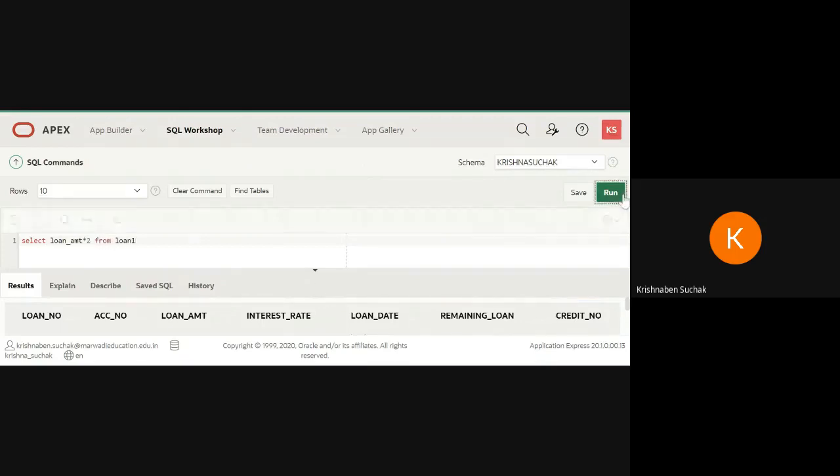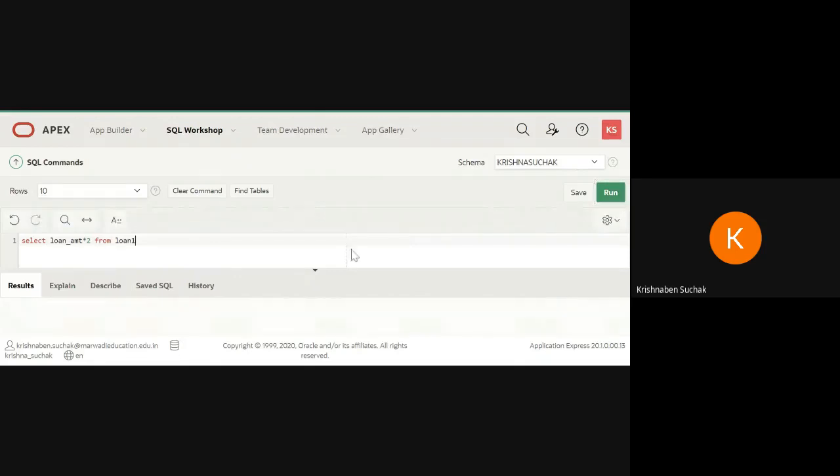Okay, see 2 lakh is displayed as 4 lakh, 4 lakh is displayed as 8 lakh, and 6 lakh is displayed as 12 lakh. Okay, so here we have displayed loan amount into 2.